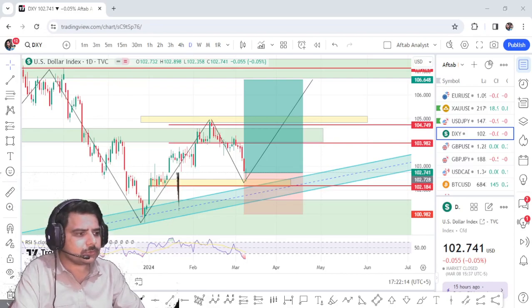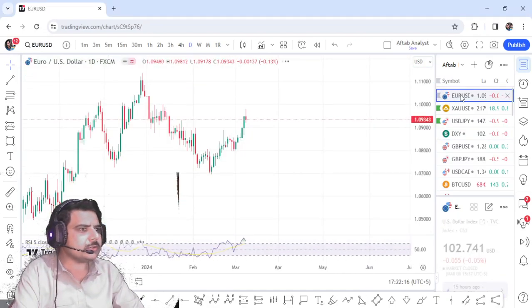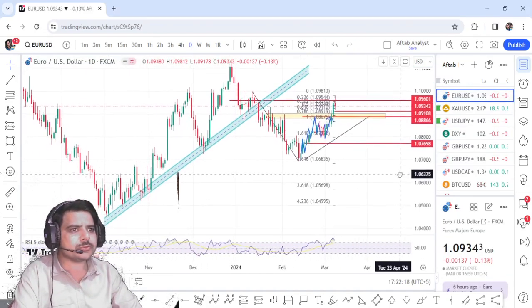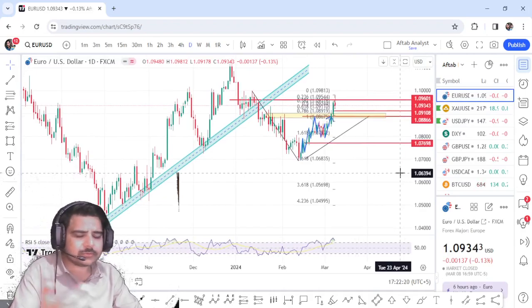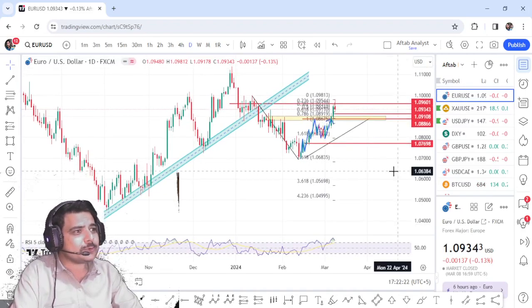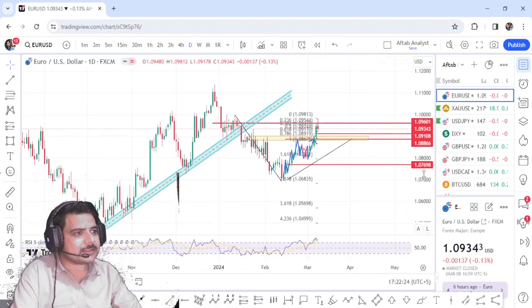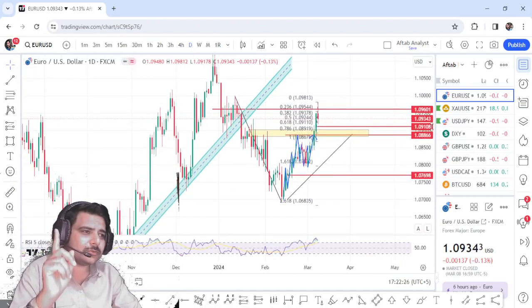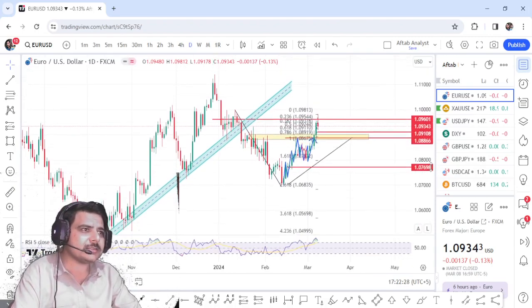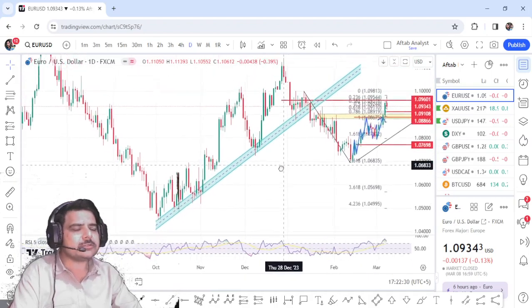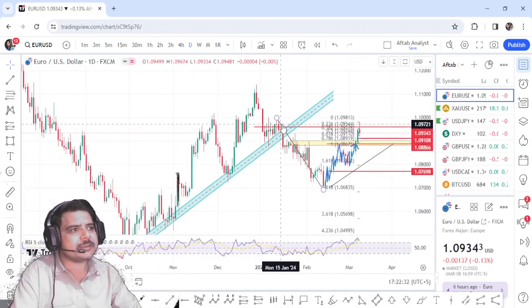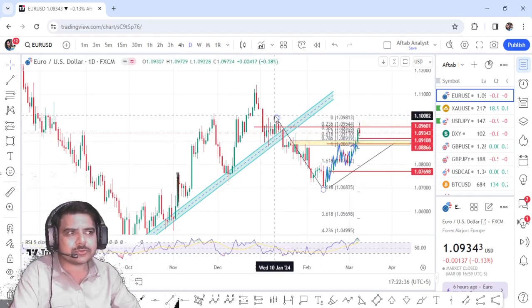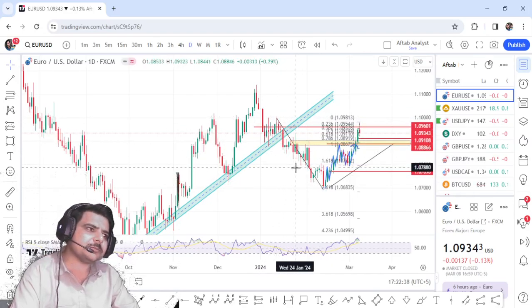Now moving on to the euro US dollar, the very favorite pair of most of the beginners. So euro dollar did a very fantastic thing, and most of you will remember what I said about euro dollar. First of all, this was a very nice fantastic trend which was broken, retested, and the market continued down. So we took full advantage of this impulsive wave.